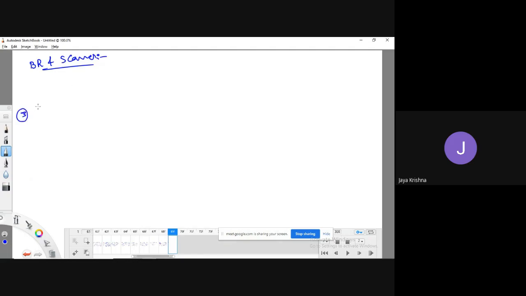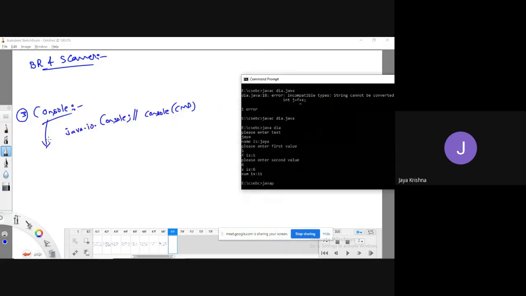Okay, now the other way is I can use the concept of Java console to give dynamic input. If you want to use the Console class, first you need to import that class, which is available in the java.io package. The class name is Console, which is meant to read the data from the Java console, meaning from the command prompt only. This Console class has various kinds of methods. Let me show: java java.io.Console.